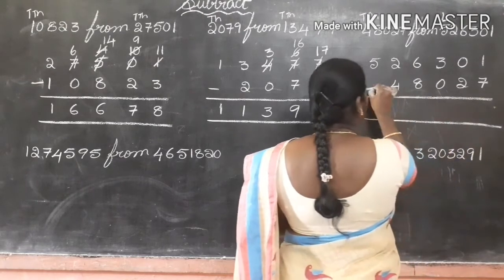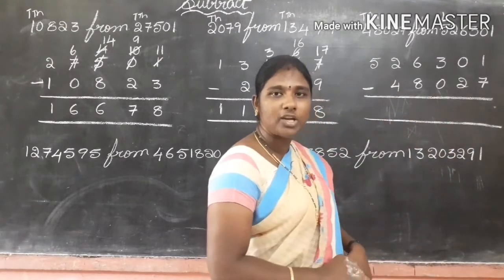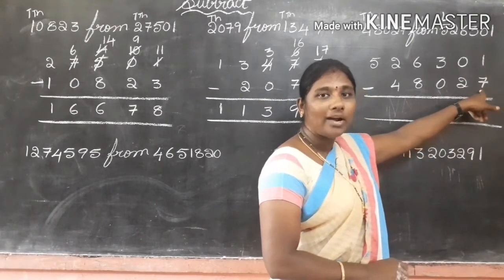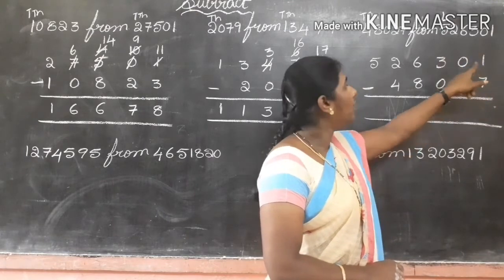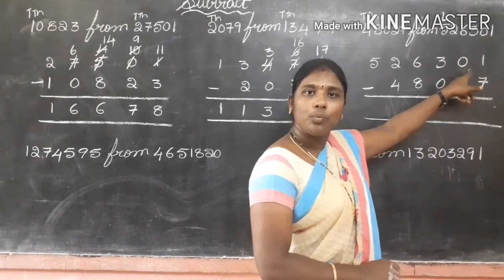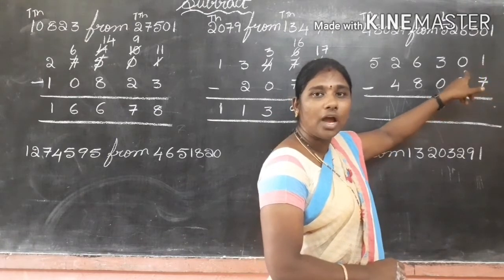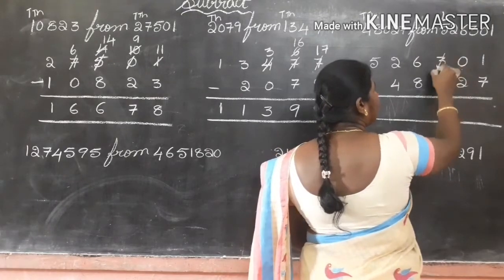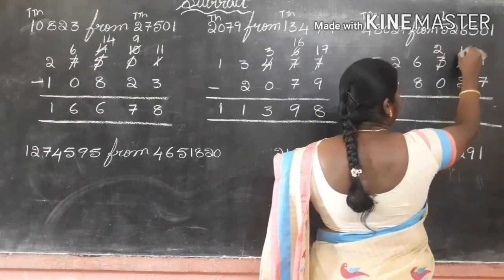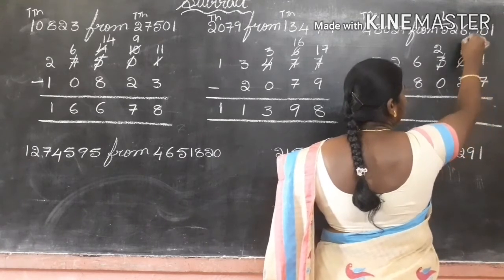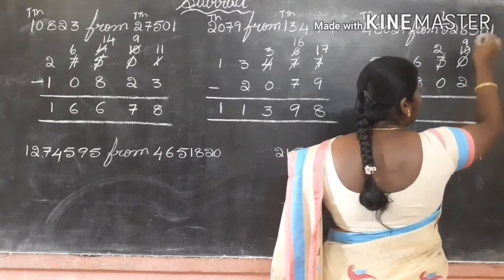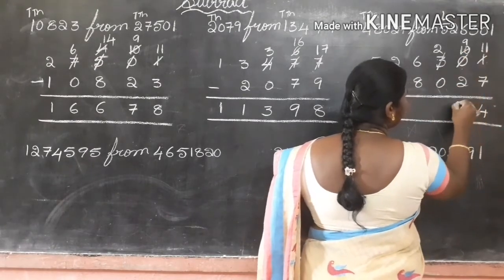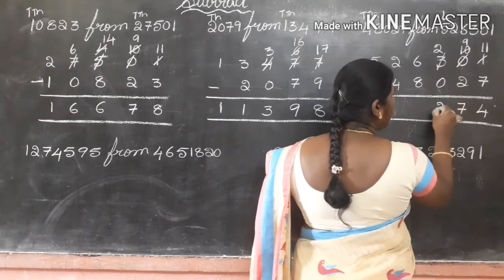So what we have to do here also? Yes, we have to do the subtraction. Already everybody knows how to do the subtractions. Yes, children? Okay. 1 minus 7, is it possible? No. So what we have to do? We have to take the borrow. But the number before, what is here? 0. Can we take from here? No. So what we have to do? We have to take from the number before, 2. So here it becomes 2. Here it is 10. Here too we have to take, here it is 9. Here it is 10 plus 1, 11. Now 11 minus 7, 4. 9 minus 2, 7. Here it is 2 minus 0, 2.